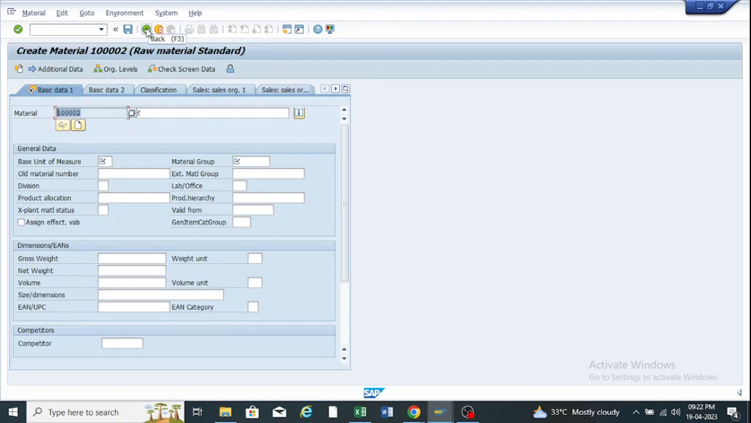So let's start today's topic. What is field selection? This is the screen for the creation of the material. Here there is a checkbox like a right tick. You are seeing this. Whenever I enter the description of the material and enter the base unit of measure as each,